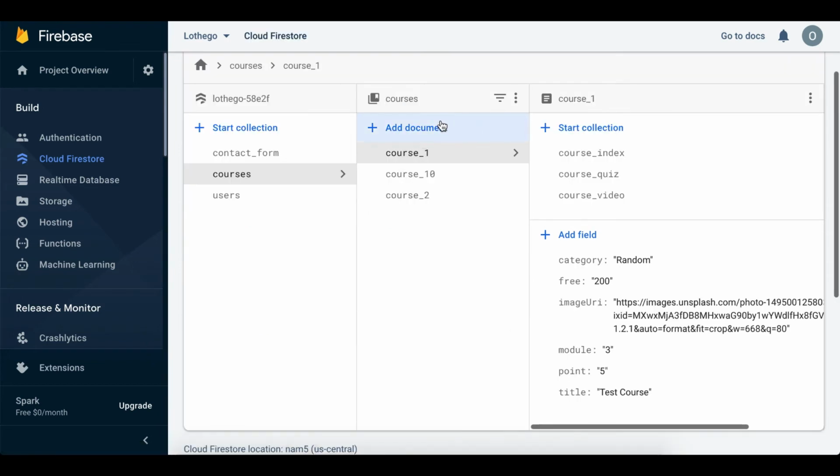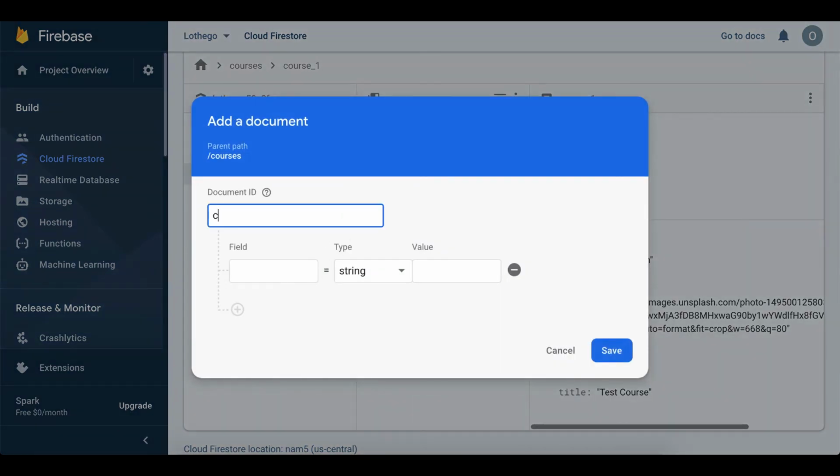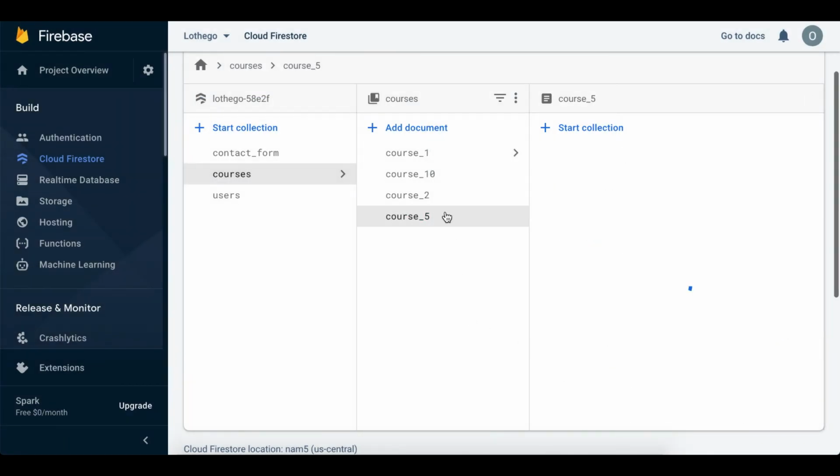We can also simply add another course by clicking here, add document. Here we can type the course id, which is like 1, 2, 3, 4, 5. We already have 1, 2 and 10. Let's type 5, and here we can add the fields. These are the fields like title, image URL, and so forth. Let's type title, and I'm going to type test. Okay, just save it. Okay, here's course number 5, and